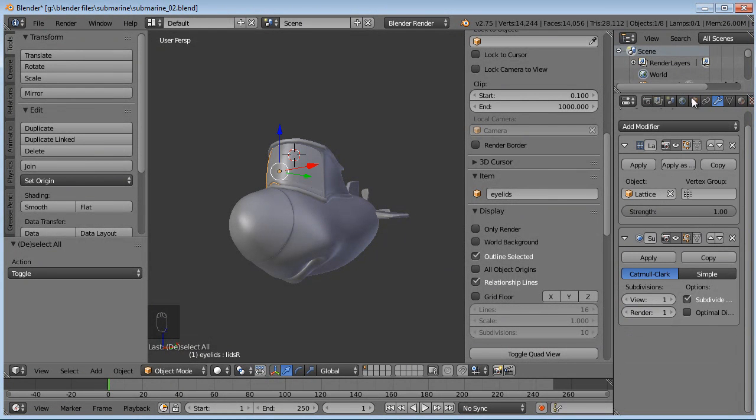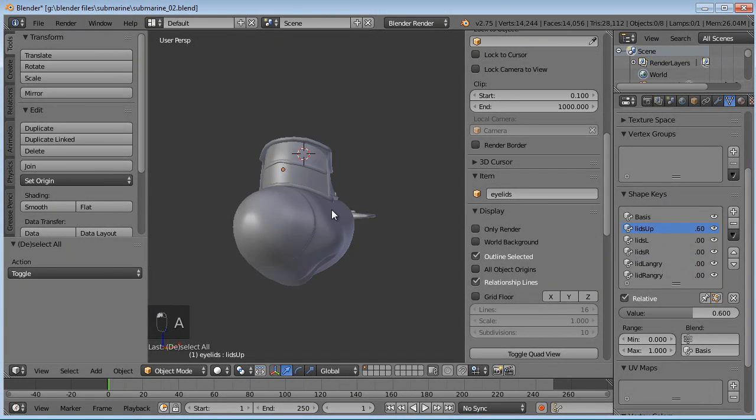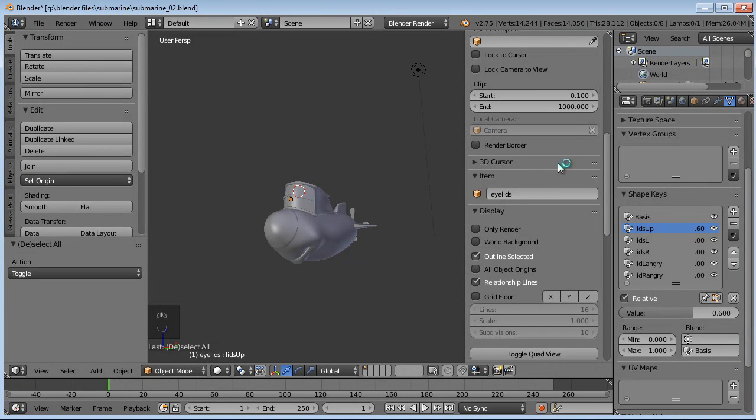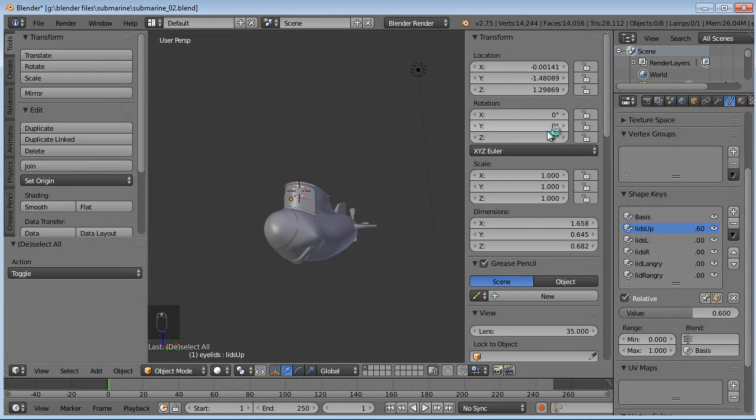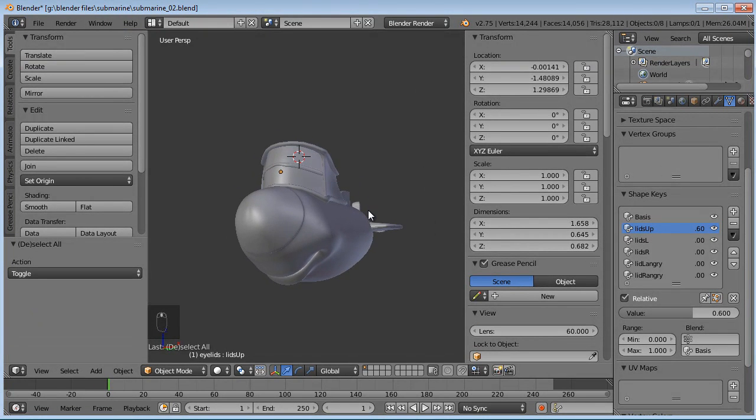And let's go and open his eyelids just a little bit, just to give him some personality here in our preview. And maybe set our viewport right now. It's set to 35 degrees, or 35 millimeters. Let's set that to 60. Make it a little more realistic. Okay, so one thing you will all be happy to know, everyone's always nagging me about it, so I was like, okay, we'll finally do it.